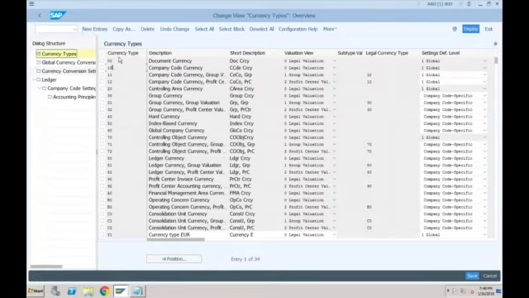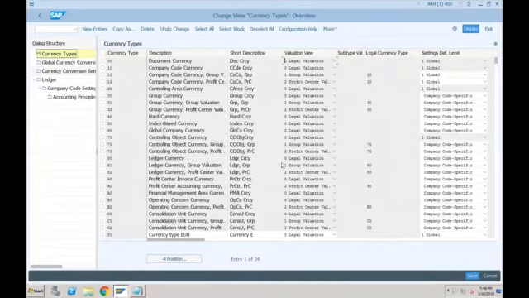Okay, so whenever you want to create a currency type, again, you will be clicking on a new entry. You just provide the 2-digit character number. This has to be alphanumeric, which means you can have a combination of alpha plus numeric, or it can be only numeric, or only alpha also. Then you can provide a short description, and this is again just for information purposes. This will not make any difference in terms of the postings.